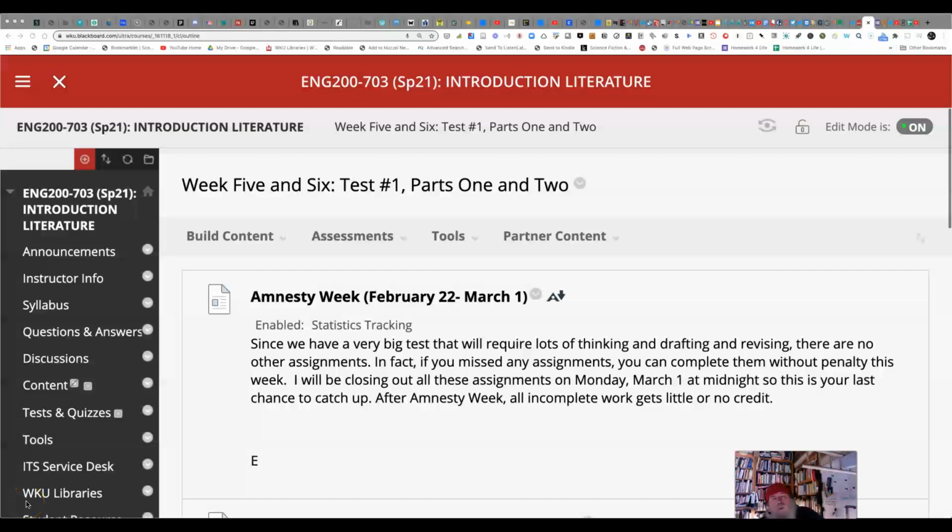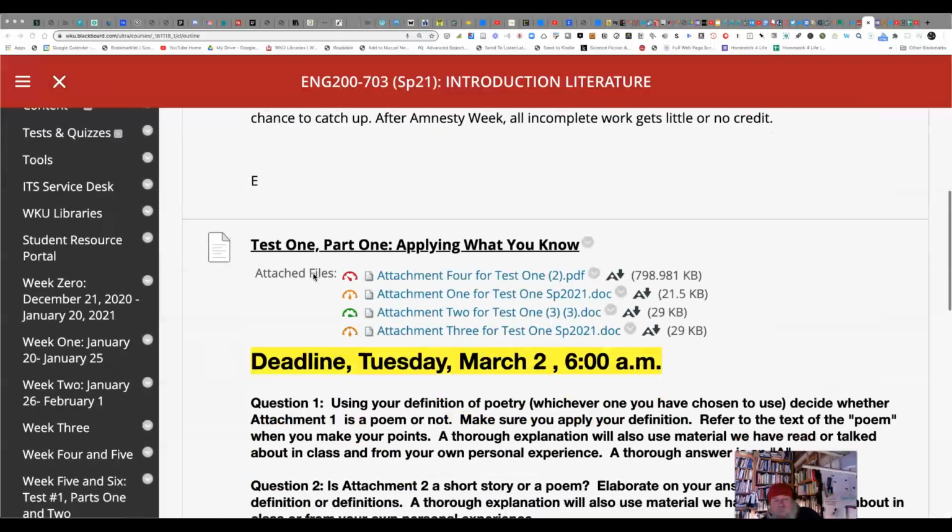This is kind of a walkthrough of your test. It has 2 parts. It's complicated, and I expect a lot of work on this since this is all the work we're going to do all week, unless you use the amnesty. And the amnesty is simply what's written here. Take a look at that. If you're interested, fine. If not, then that's fine too. Alright, test